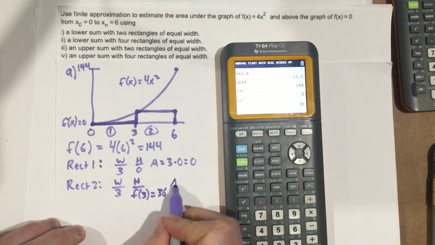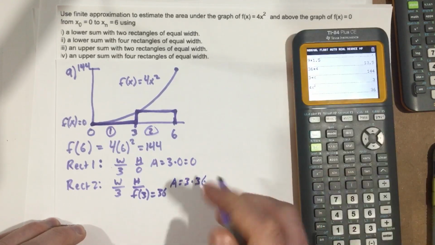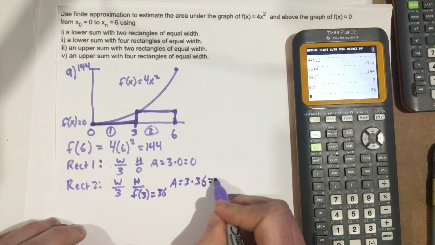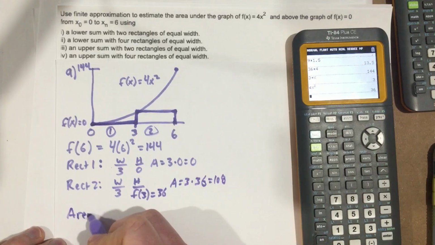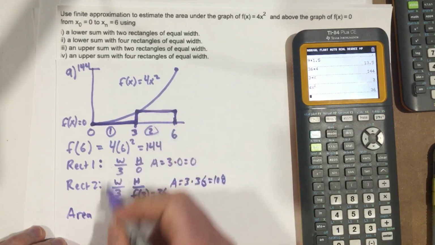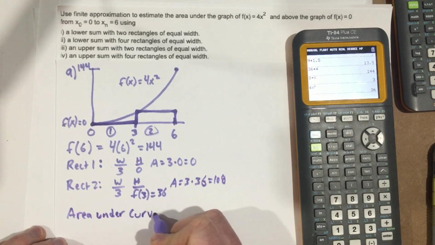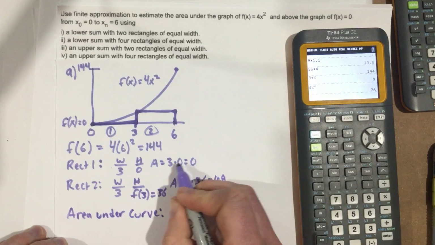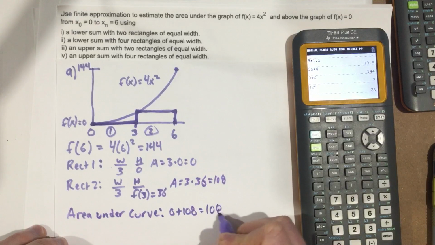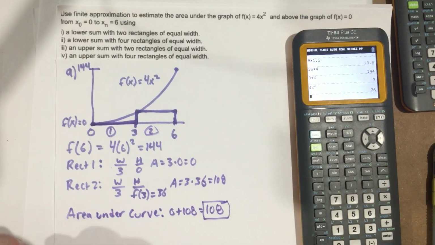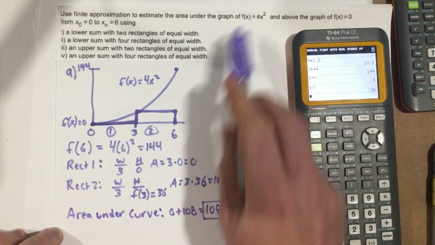So the area is 3 times 36, and 3 times 36 is 108. So the area under curve is 0 for the first rectangle plus 108, which equals 108. So our first estimate of the area between f of x equals 0 and f of x equals 4x squared